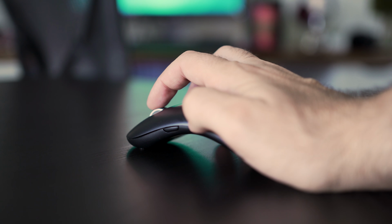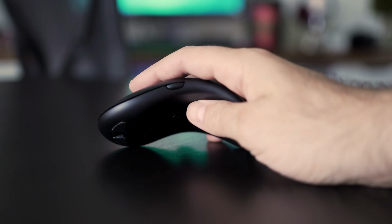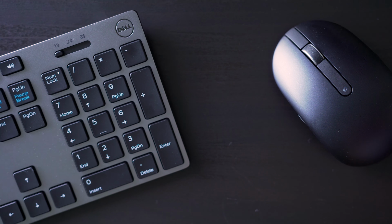It has this arc to it, it's a cheap piece of plastic. I really think one day I'm accidentally gonna crush it. The keyboard is awesome though. Even though the keys I found to be a bit mushy, there's good travel distance, and there's 3 profiles that